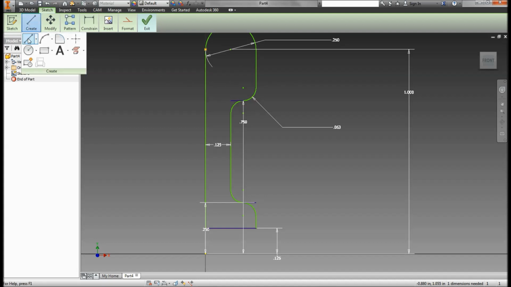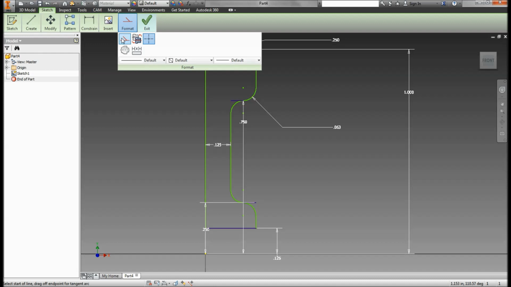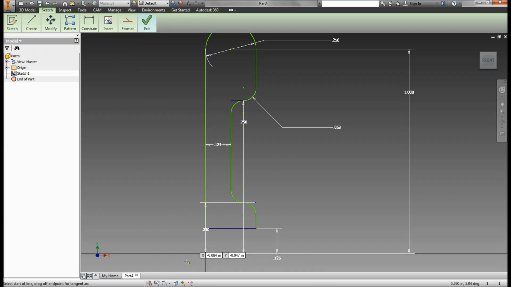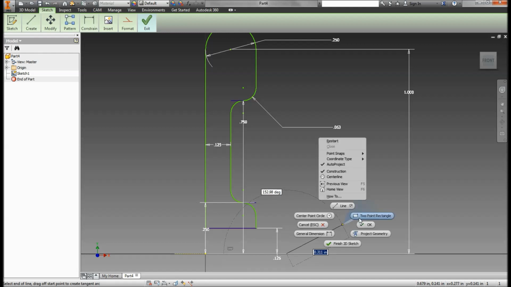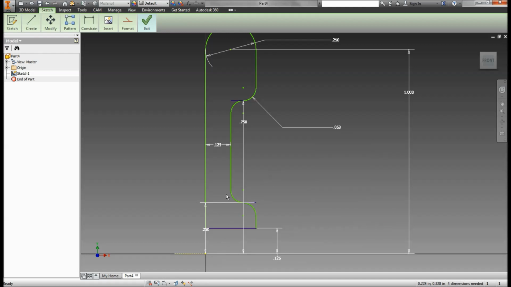Next I want to create another line, but this is going to be a construction line, basically a fake line, and this is where I choose to turn that line into a construction line. And I want to draw that line right here on the center axis. This is that center axis coming through. That's what I'm going to revolve around. So now we can finish sketch